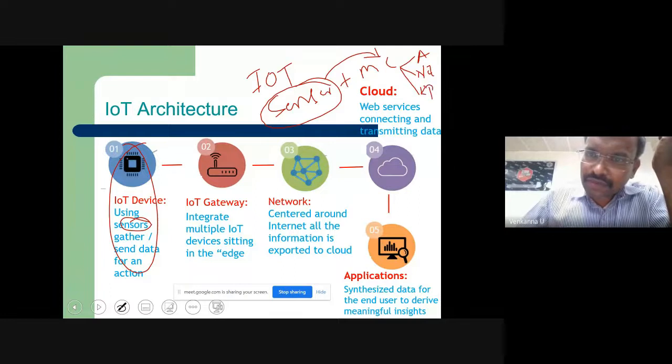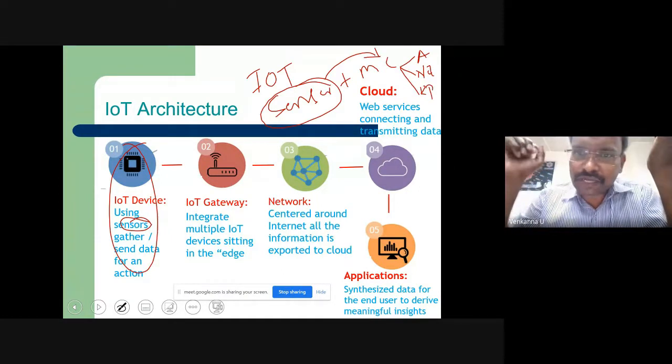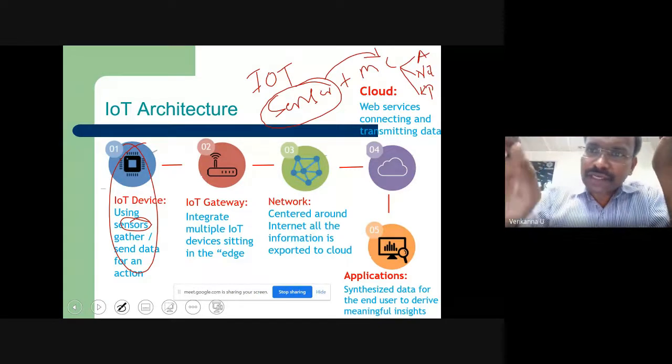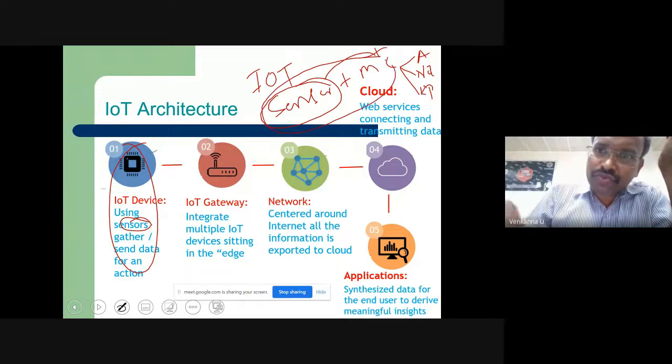Now, what is the job of the microcontroller here? The sensor's job is to sense the data. The microcontroller's job is to collect the data, process it to a certain extent if required, and then communicate to the outside. This microcontroller has a processing module as well as a communication module, which is why you deploy it. When you make these two together, you call it an IoT node.